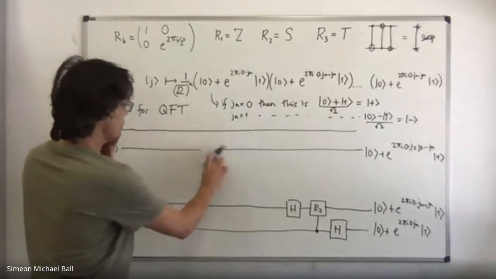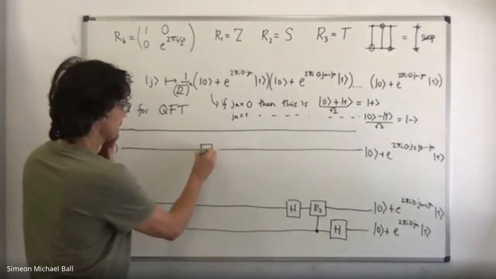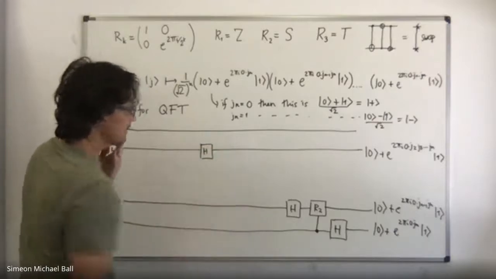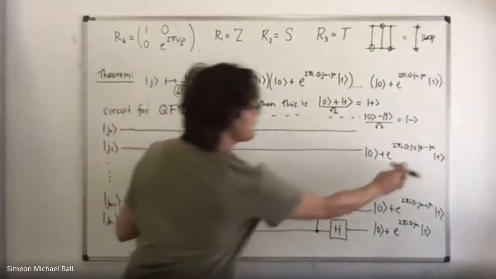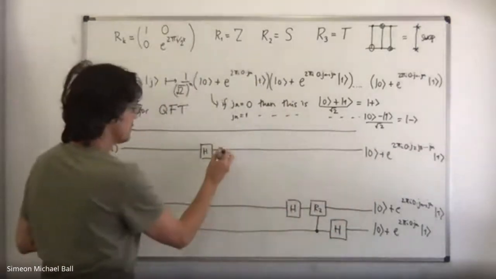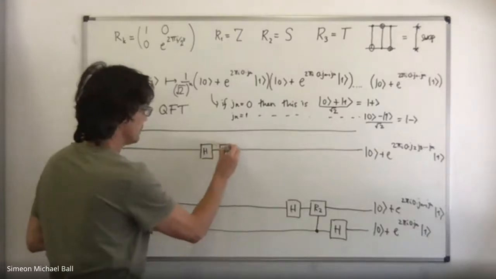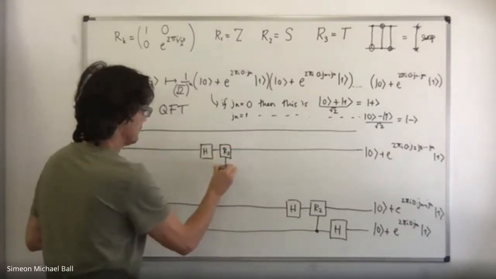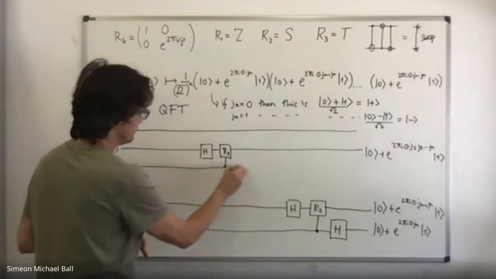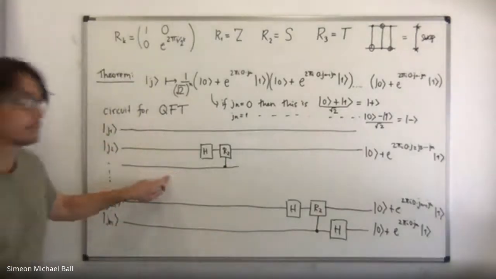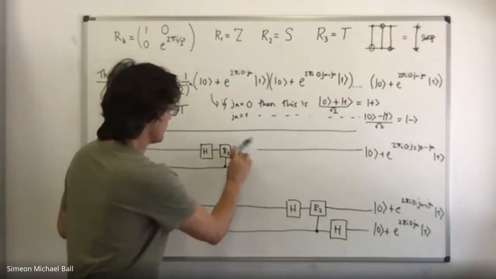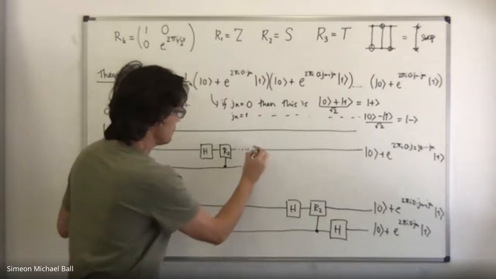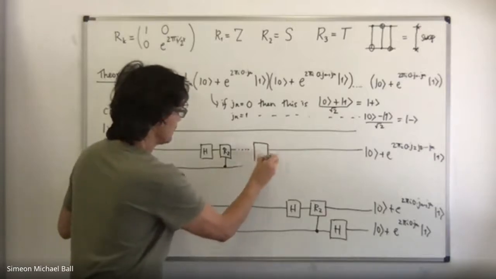Well, it seems logical that I think it will be an H first, then I'm going to need an R2 going down to the J3 wire. So here I can have an R2 going down here. And then I'm going to need R3s. So let's just do some dots here until we get to the R n